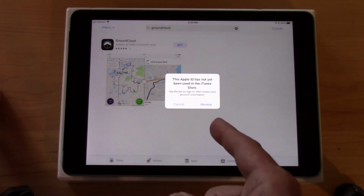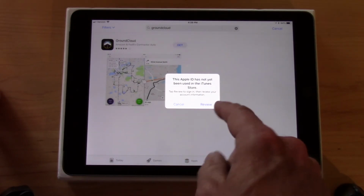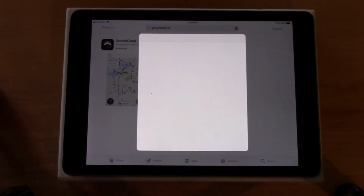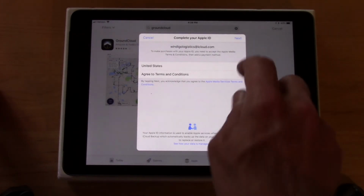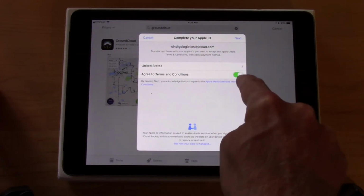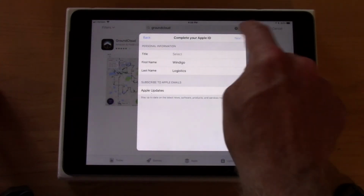Now, the very first time you do this, it's going to say this Apple ID has not yet been used in the store, so we have to hit review, and essentially we just have to acknowledge some terms by Apple, grant them access to our entire estate and children and everything else, so we'll just agree to that, say next. Agree to terms and conditions, got to hit that little slider bar, make it green, then hit the next, and next, and of course